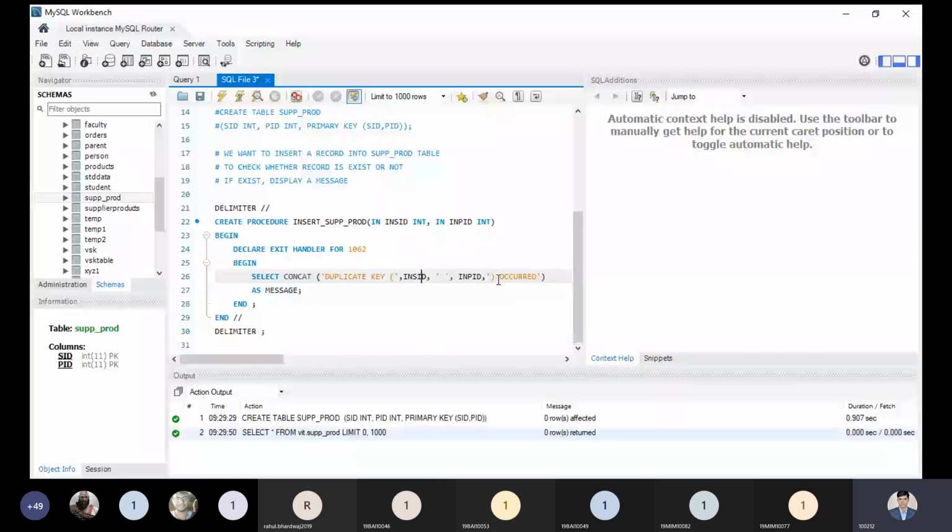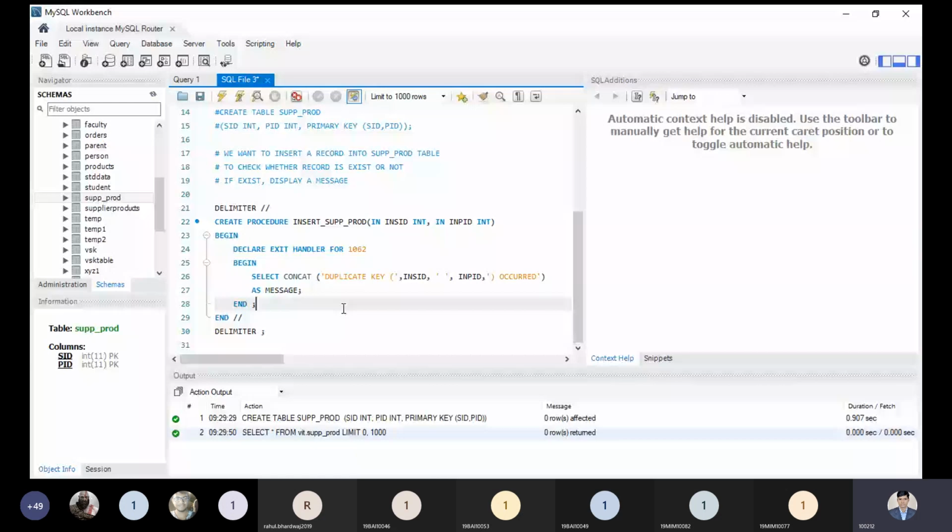We are displaying a message here, and we are doing aliasing of the code as message. It's optional. If you are not doing so, it's okay, but then you have to write the entire statement like this one. So we have done aliasing over here. Whenever we need to use this code, we can use its alias, that is message only. Now, is this part clear to you right now? Yes, tell me.